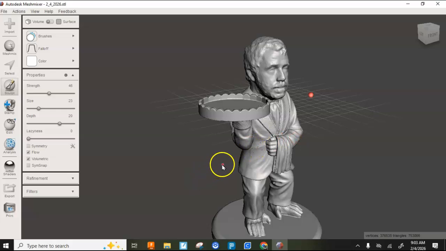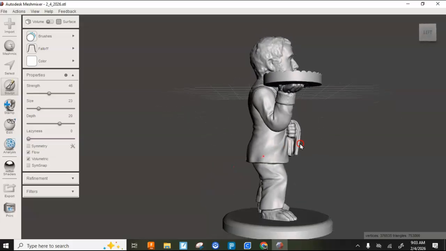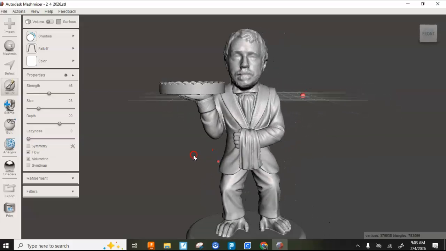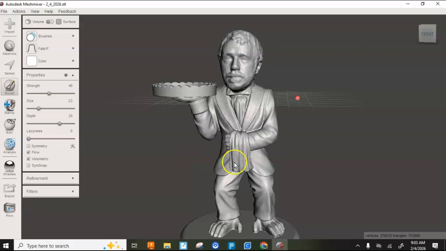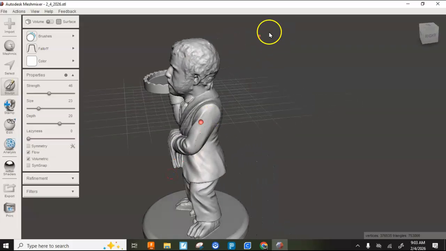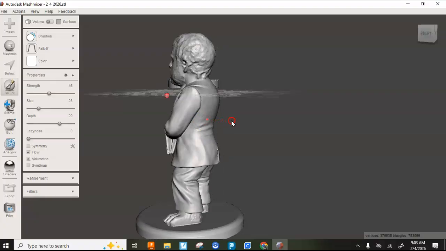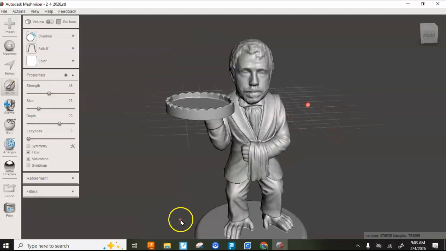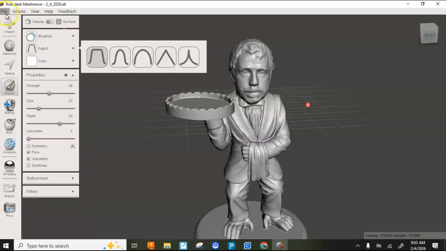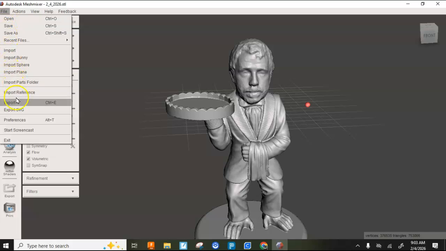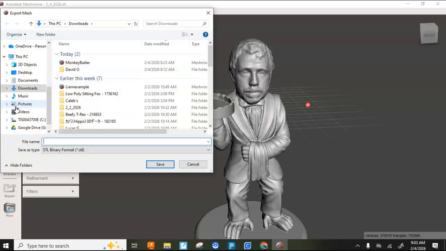So my next step to get this into print, looking around, there's no flyers out here in space, and I think that's actually pretty good. So my next best step is I'm going to export this as a stereolithograph, an STL, because that's the language of 3D printers. So now I'm going to go to File, Export,